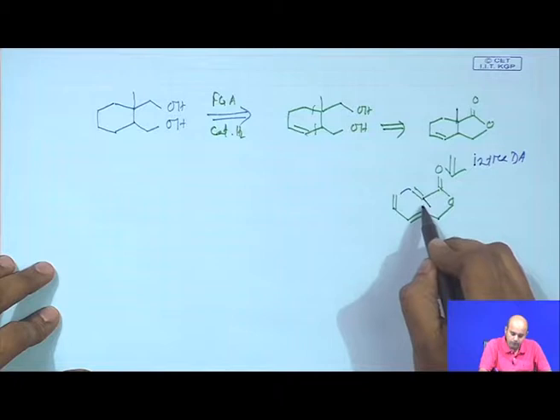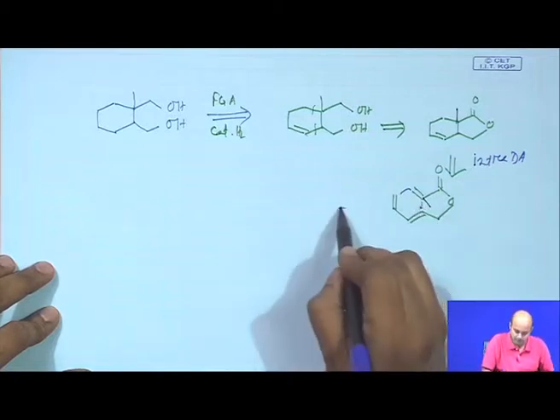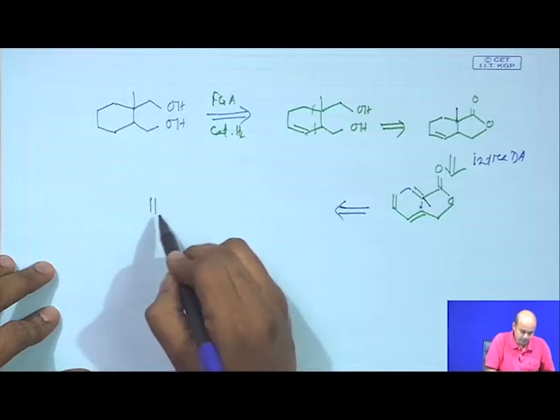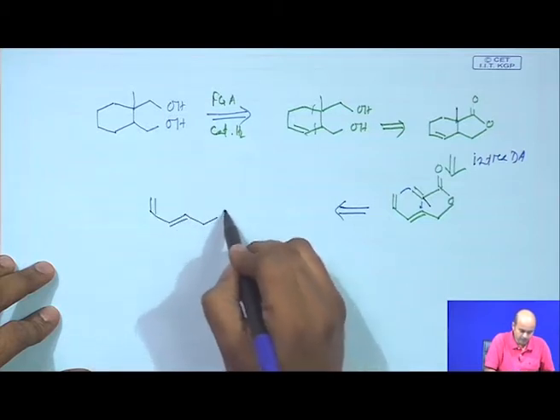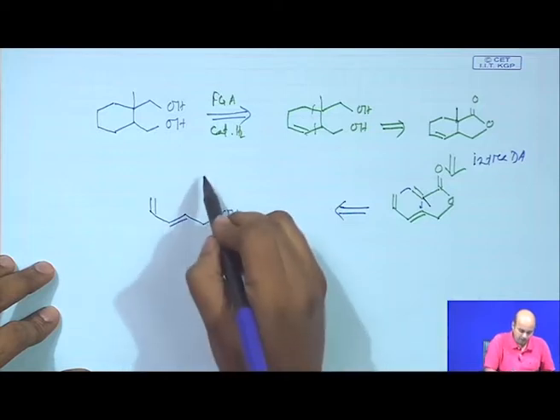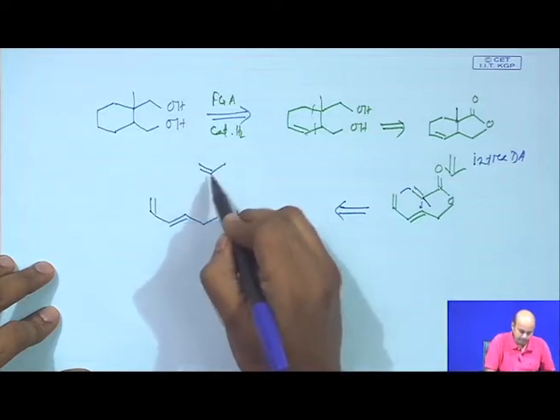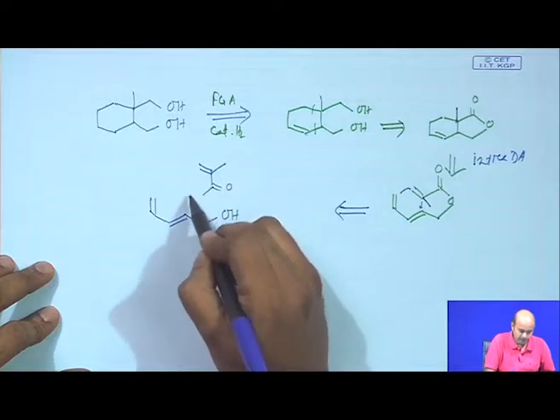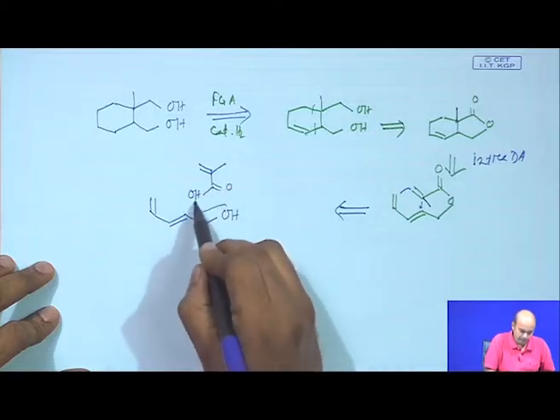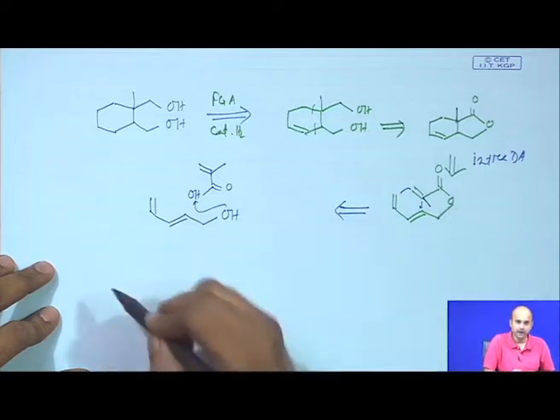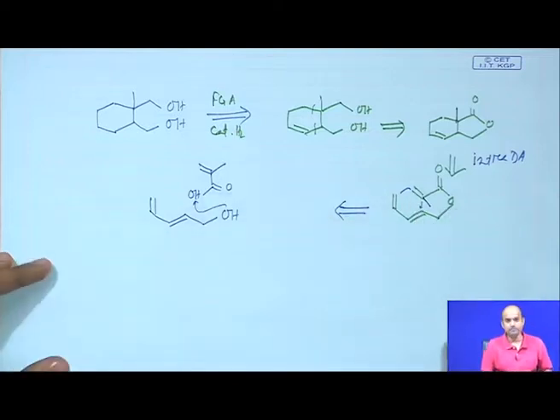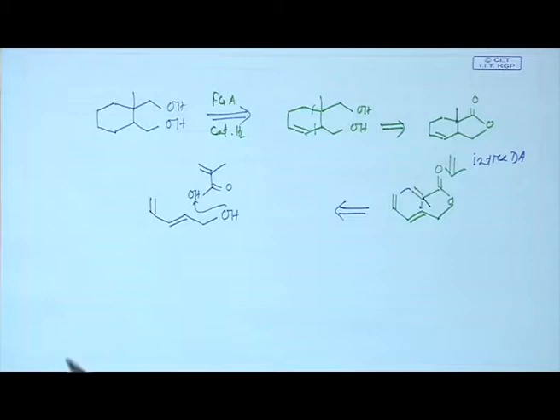So, now this 4 plus 2 takes part, and how can this compound be synthesized? This compound can efficiently be synthesized from this allylic alcohol, and we react it with the corresponding acid. So, you do an esterification reaction, you get these things and then do an intra Diels-Alder. So, same skeleton of the target, but we are taking the starting material in a different way. So, in principle this can also be fitted into the starting material based approach.